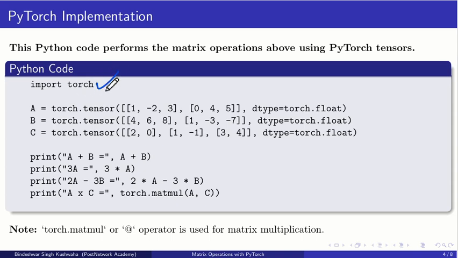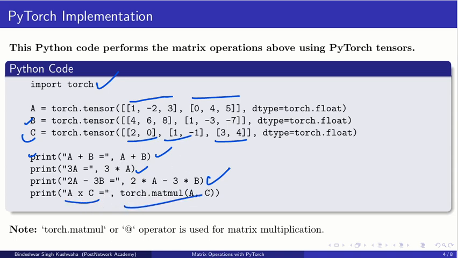So here, the torch library we have used, and it is creating a tensor, that is basically a matrix having two rows and one column. Here again B is the same dimension, and C has 3 rows and 2 columns. So here if you add, you will get the result 3A, and this is the linear combination, and A into C. So let us see the Python code,